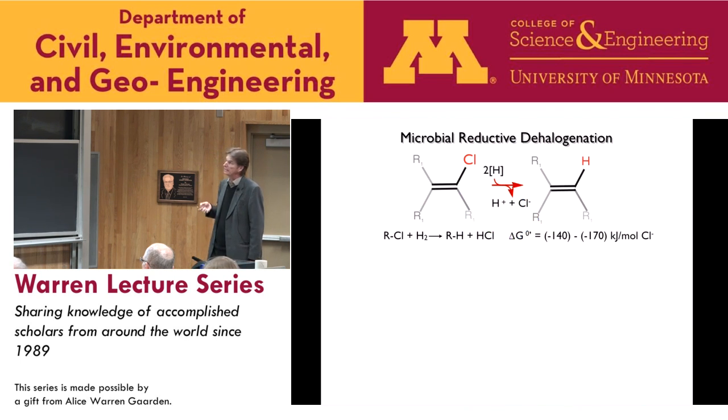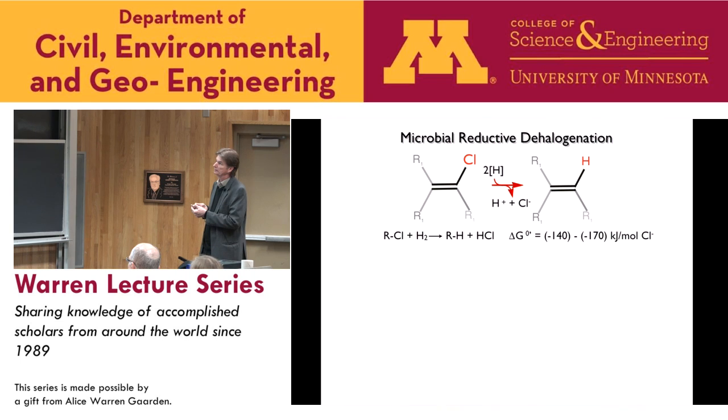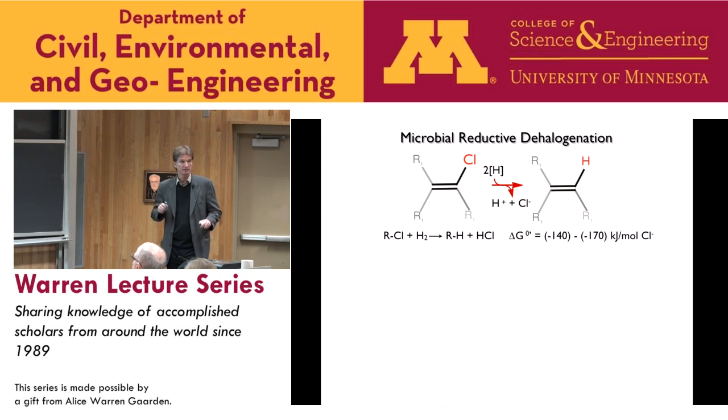So this reductive dehalogenation, which is at the key of the remediation, is, chemically speaking, an elimination reaction which reduces this carbon here to a carbon-hydrogen bond. The energy of a reductive elimination of chloride is around minus 150, give or take, kilojoules per mole. So that's a decent amount of energy that can be used by organisms.